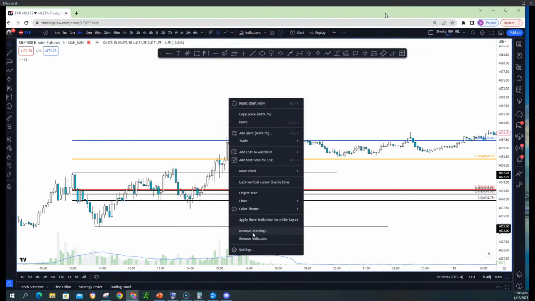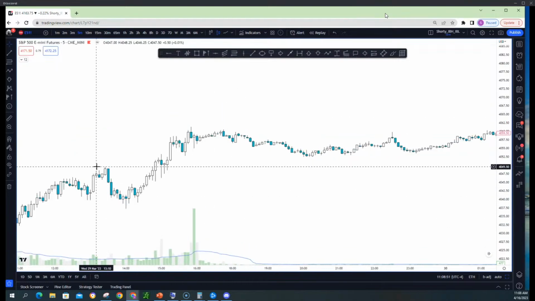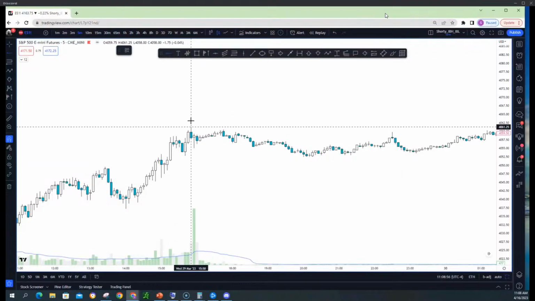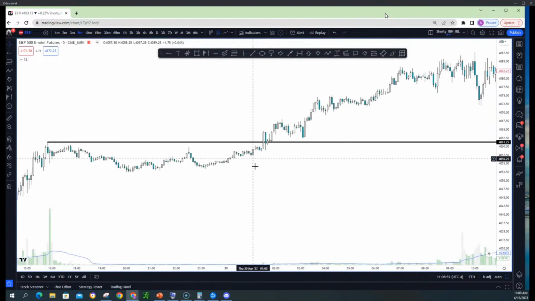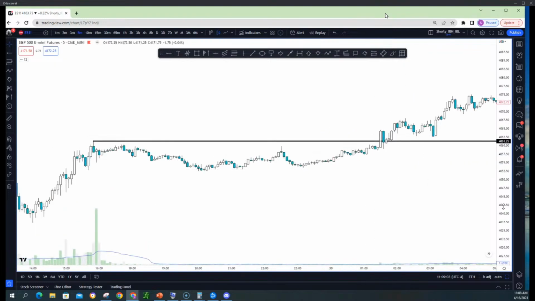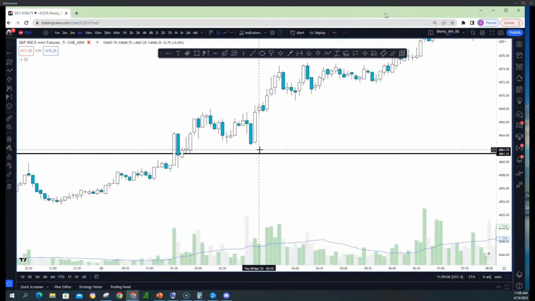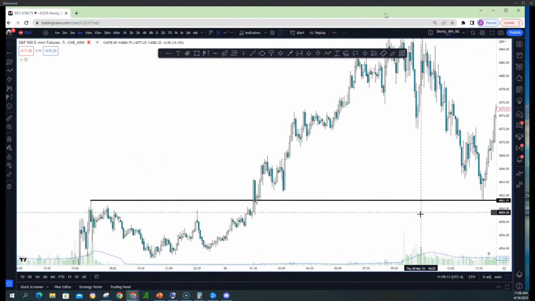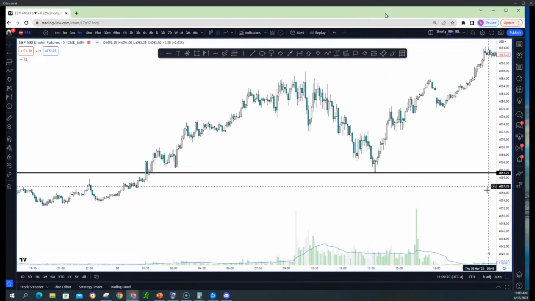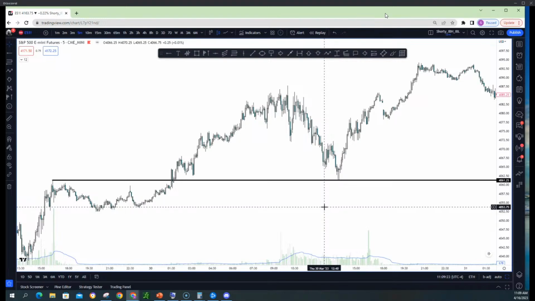So he looks for structures, basically. This is a structure, previous structure high. This is the next structure that I need to break here. I'm just going to draw it to the right. And here they break it. Nice volume, nice candle here. And he would have waited here somewhere and got in on a retest of that. I don't know if I personally would take this, but maybe some others would. But if you're patient enough, what happens? It works out sometimes. Say it again. It works out when you're patient.